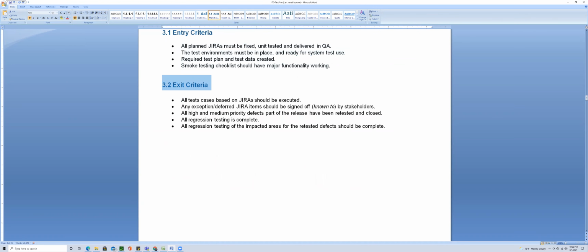How do you exit out of testing? So these are the things you have to understand before you exit your testing, and the interviewer will ask you this question over and over again. So your test cases on Jira should be executed. All the test cases that you write have to be executed. Any exception for a Jira item should be signed off. All the bugs that you log have to be either retested and closed, or